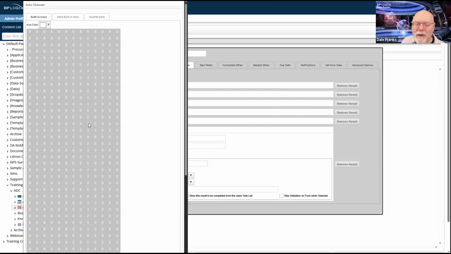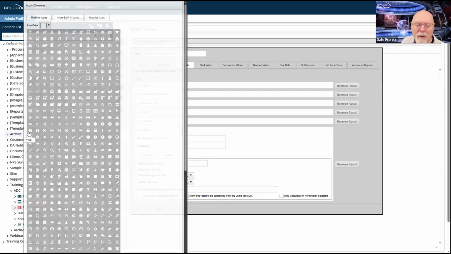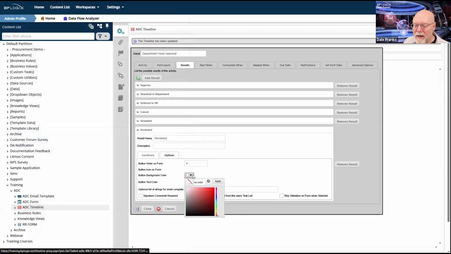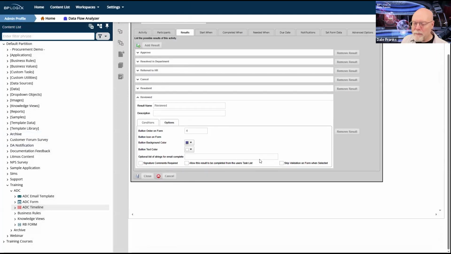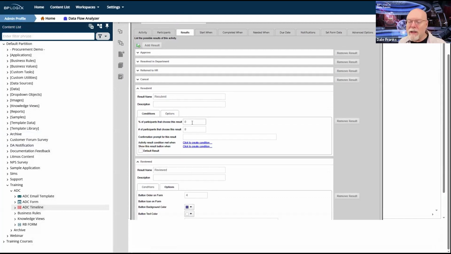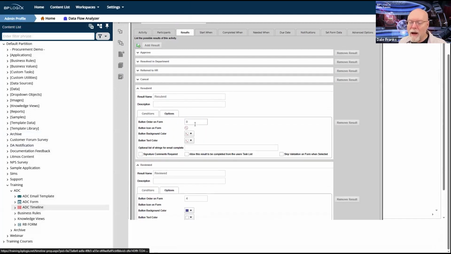So we're just going to go back here. We'll pick my information icon, my little eye, and we will set my button color to some form of steel blue, text color again to white. And this will be option number 4, which means that resubmit is going to be option number 5 in order.